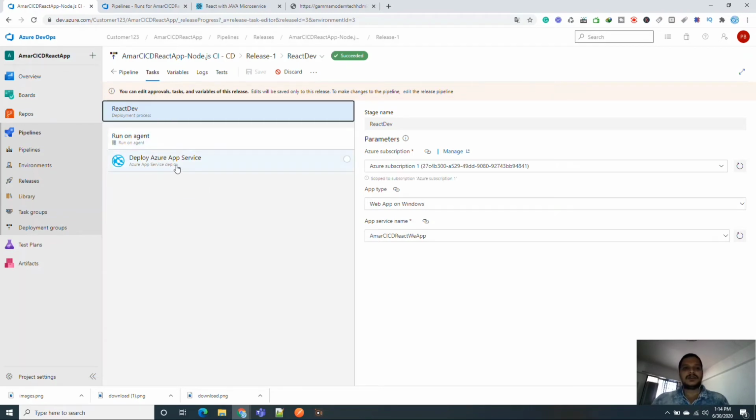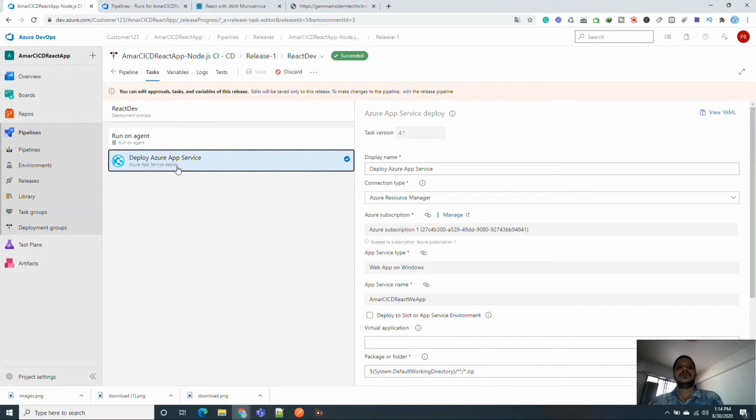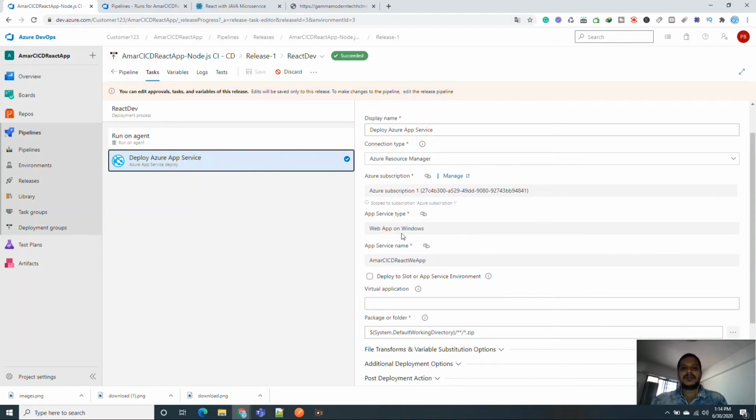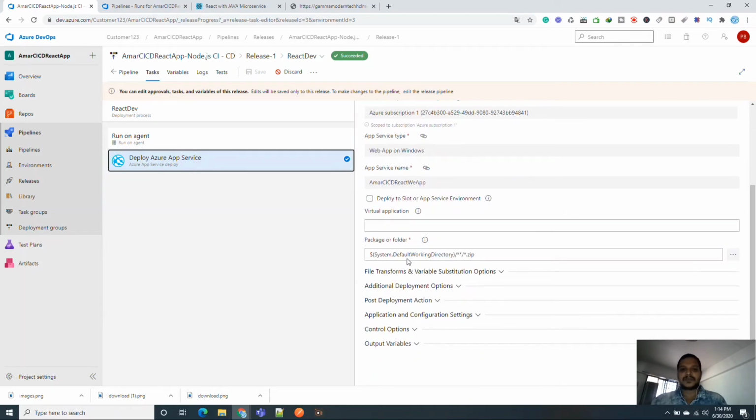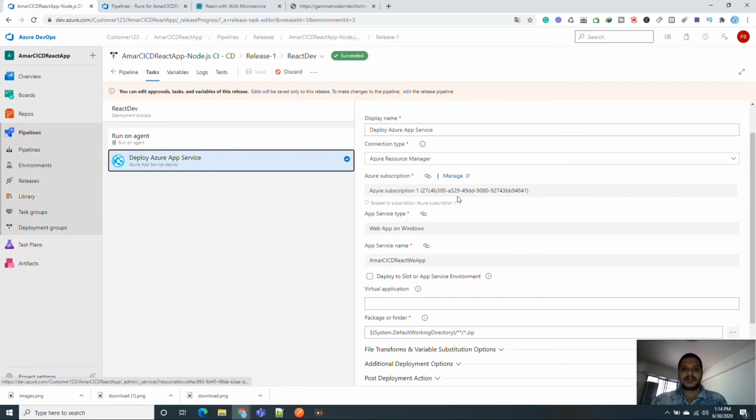When you create the task, you have the option to link various types of services. So you need to link Azure App Service. Just be careful, you need to link with Azure App Service. Once you get this option, you have to configure the app service. Here you need to mention your app service name, and that's it.